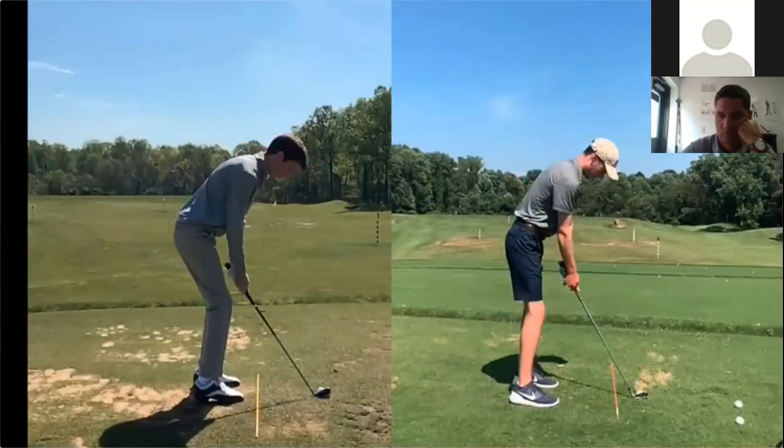Here we have Will. The picture on the left is May 14th. The picture on the right is July 26th. Will's 20 years old. His family's been a member at Aronimink his entire life, and he's hardly ever played golf. He told me he did a couple clinics maybe 8-9 years ago. He has not picked up a golf club since,